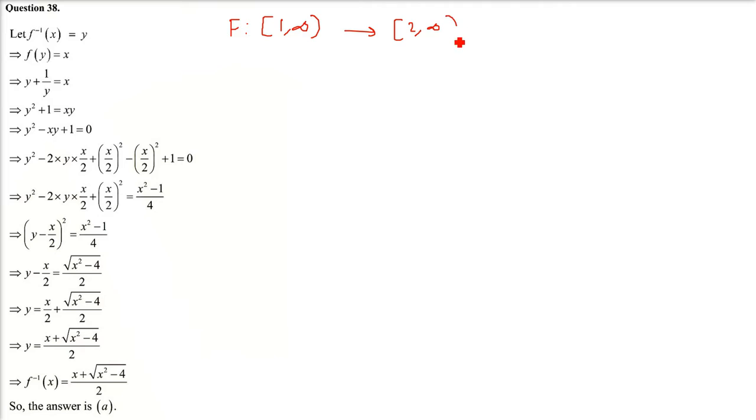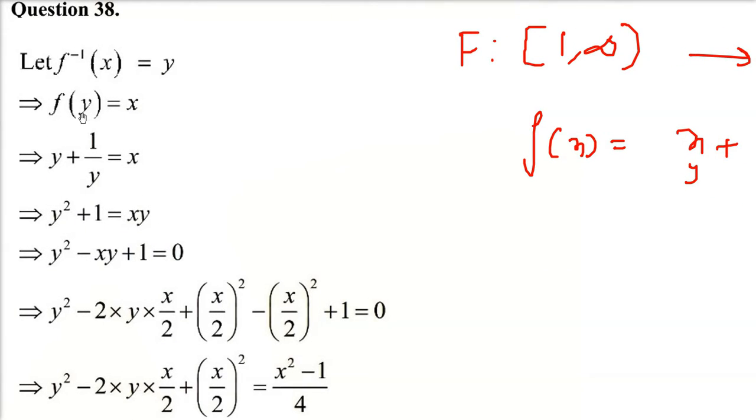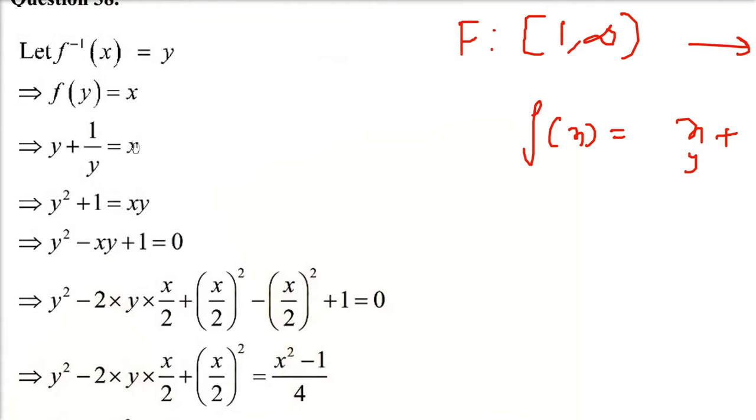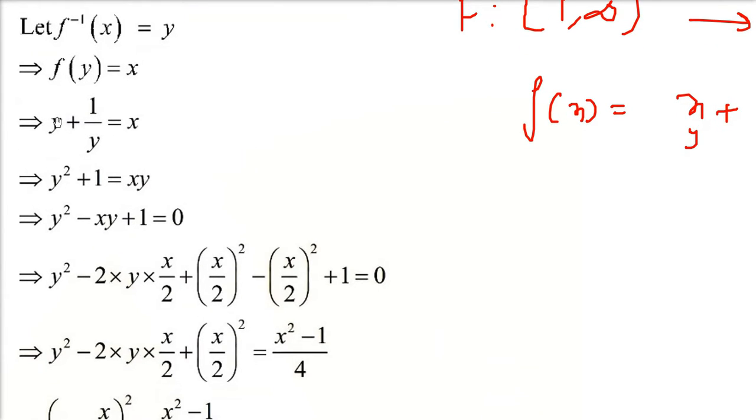And the function f(x), which is x plus 1 by x, we will be needing this domain and range in a short while. But the function f(x) is x plus 1 by x. So f inverse x we need to find out, and you already know how to find f inverse x: equate it to y. So you have to do f(y) equals x, that is, you put the value y in this actual function and then equate it to x, take y on one side and other things on the right hand side. I am showing it here. I am placing y in place of x. So y plus 1 by y is equal to x.